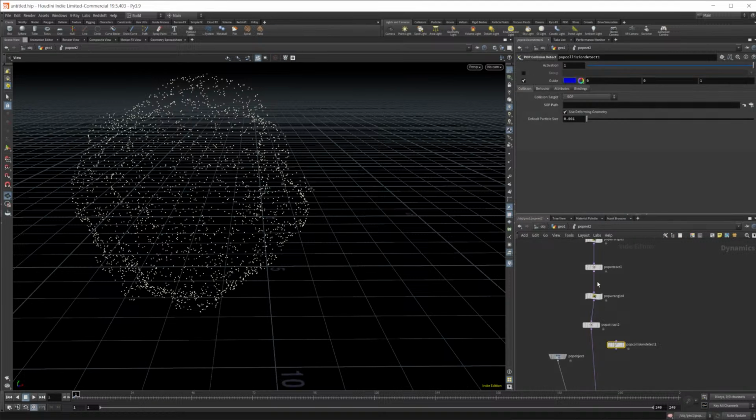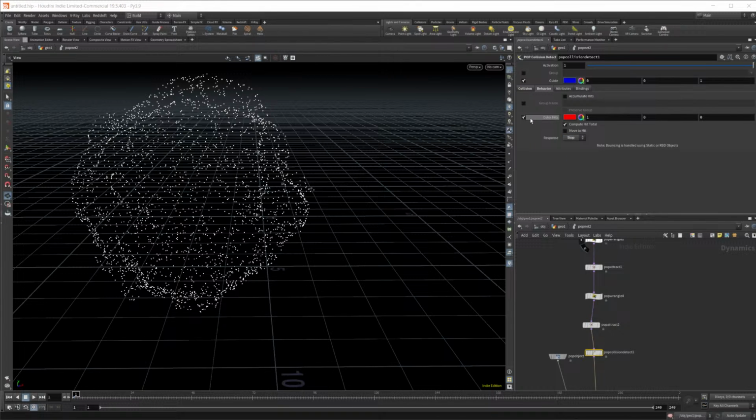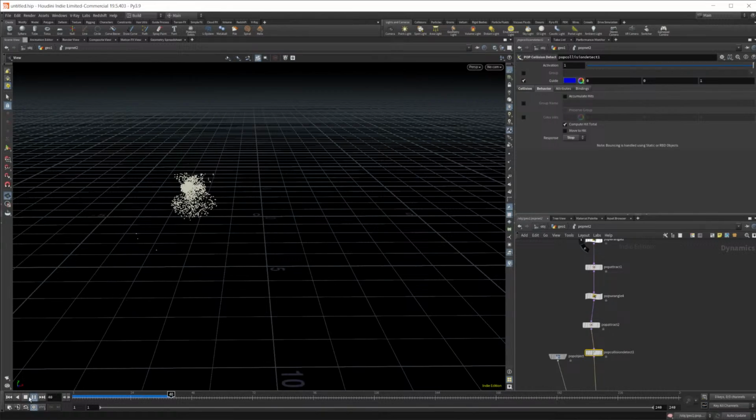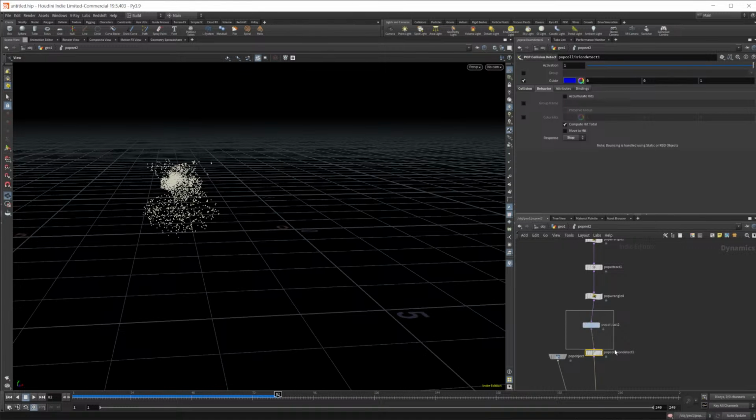Just bring this back. Set that to the second context geometry, and we should be good to go. Once I hit this stop, we don't need our hits colored, so get rid of that. And whatever, that's good enough. So once we have that,